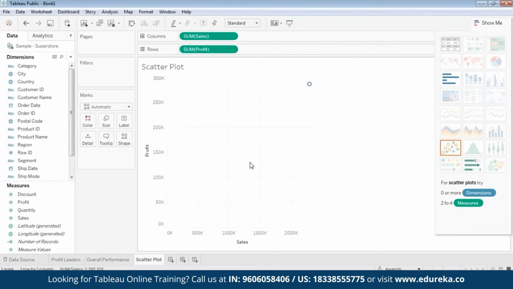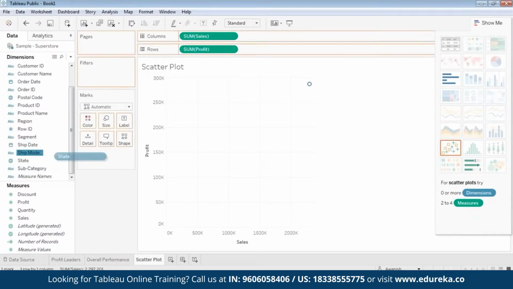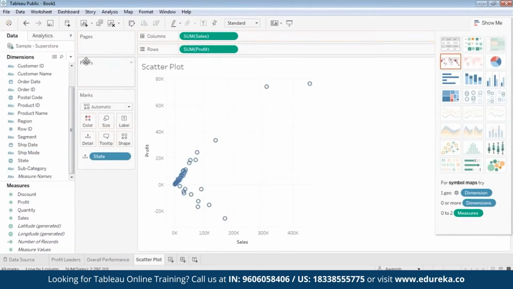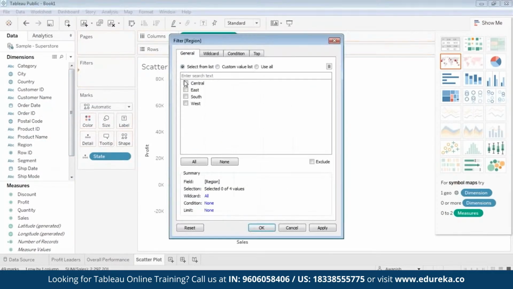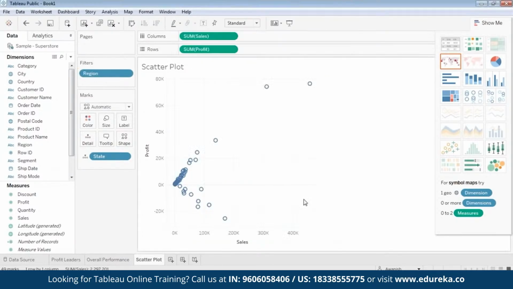Okay. Now I will put according to all the states. So there are different states. So I will go here and select state, and I will filter it by region. I will select all the regions. So now whatever data was there, the relationship between sales and profit according to all the states has been